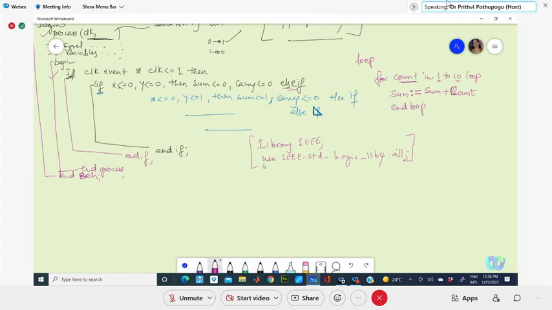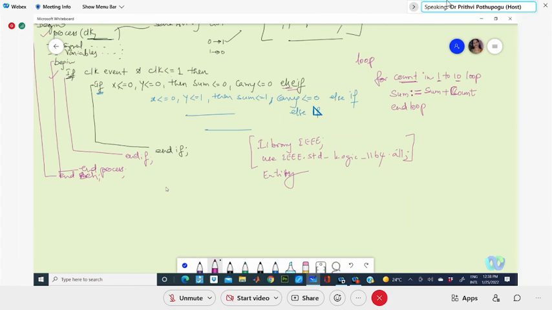Then after writing this, you will be writing entity and all. But in your Verilog, how did you begin? It's direct module, no? Module with port declarations and the body declarations. That's all. So this is the small difference you have. You need to import the libraries, that means you are calling them with these two statements. You are importing all the library functions that are available in the IEEE standard library.